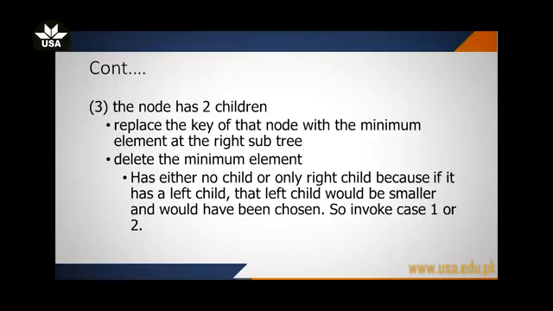Then moving finally towards the third case, which is the important case and most commonly used, as in some cases you might be deleting the root node and root might have multiple children, or in a simplified case it might have a left child and a right child, and further the right side might have a right subtree and the left side might have a left subtree. So in case 3, in which the node has two children, you have to find the replacement of that node, which can be found by finding the minimum element in the right subtree. So the minimum element in the right subtree can be the replacement of this node.